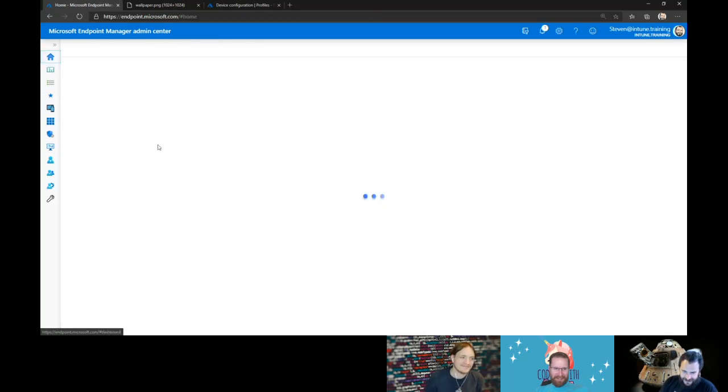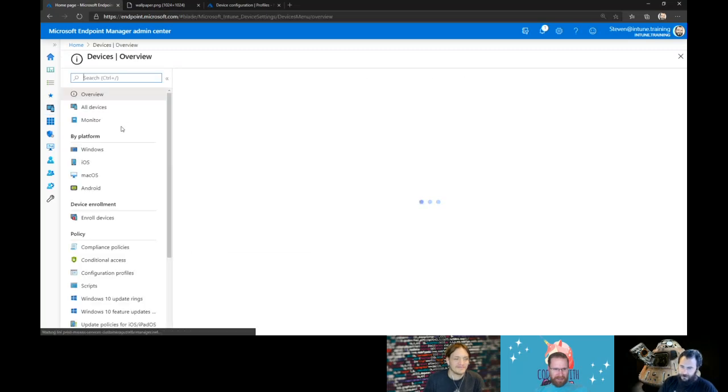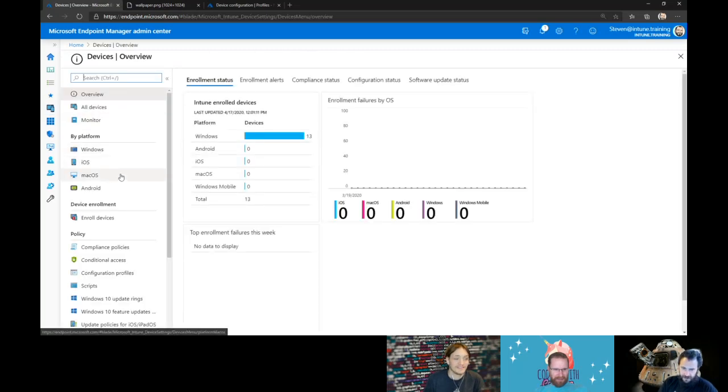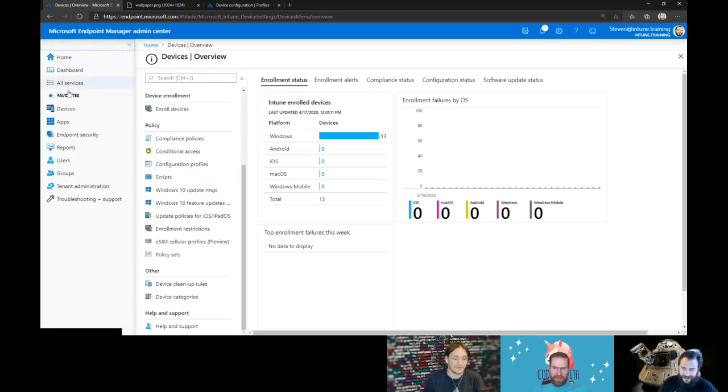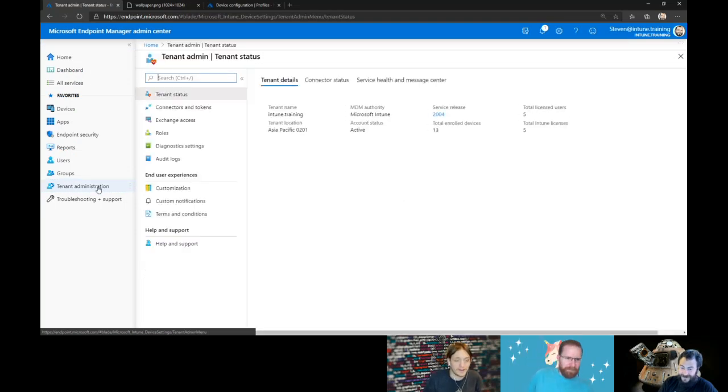Technically, Autopilot still fell into the preview category. Really? Yeah, I know the enrollment status page was preview for a very long time, and probably still is. If it's not, it should be. Autopilot, I don't actually remember where it is in here.